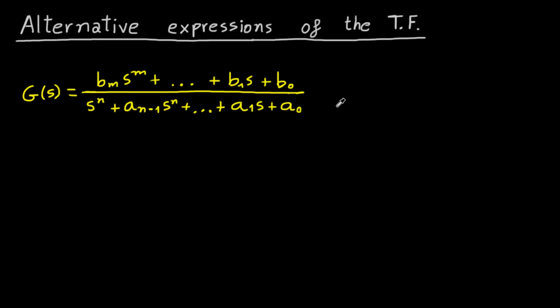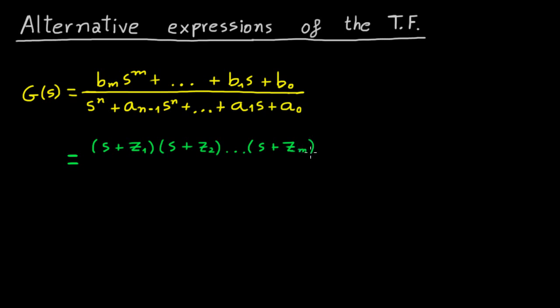We calculate all of them either by hand if the orders are not very high, or applying some numerical method, and then we can rewrite the transfer function in the following way: s plus z1 times s plus z2 times all the rest of binomials until the s plus zm,